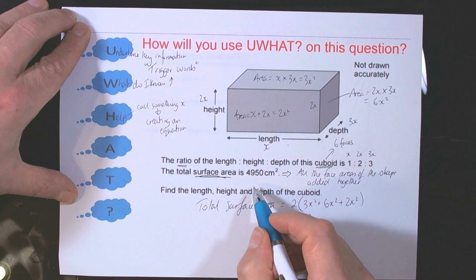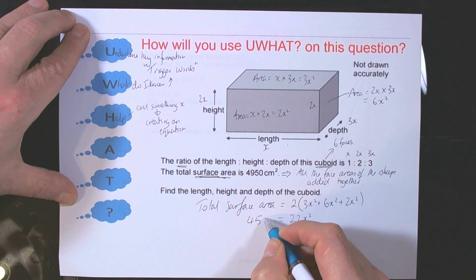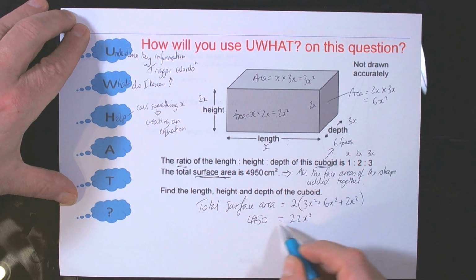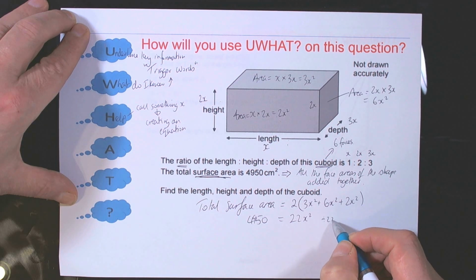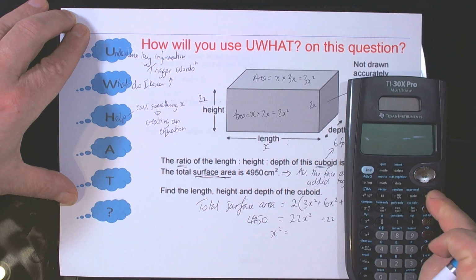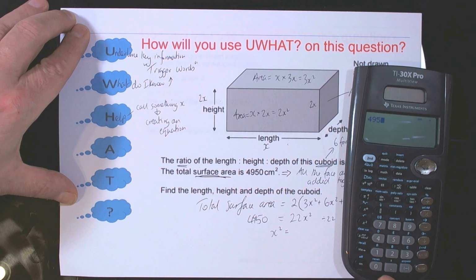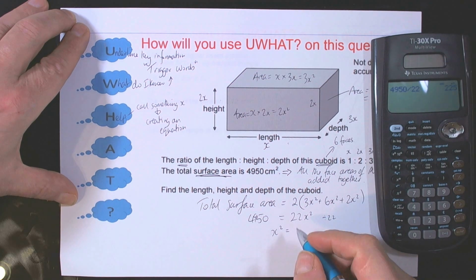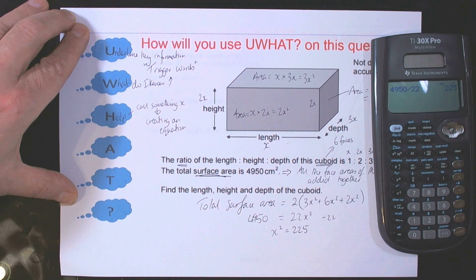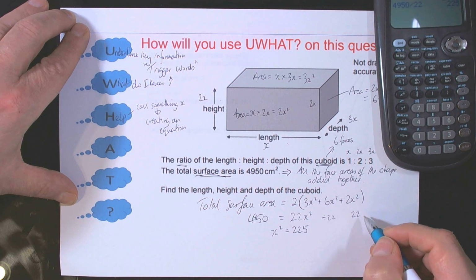And we know the total surface area because the question told us it was 4,950. So 4,950 equals 22x squared. So if we divide by 22, then x squared is going to equal 4,950 divided by 22 equals 225. Okay, so this looks like it was a non-calculated paper, so just remember if it was a non-calculated question,